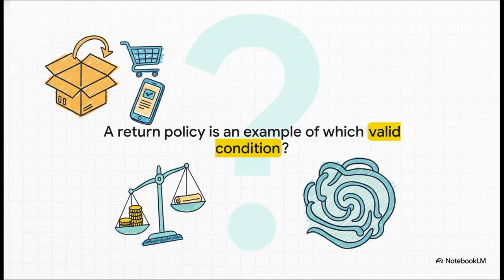And our final question for today. That online shopping return policy we talked about, what's the best way to describe that type of valid condition? Is it A, something that confirms a Sharia effect? B, a condition that contradicts the contract's purpose? C, a customarily accepted condition? Or D, a condition of bindingness?